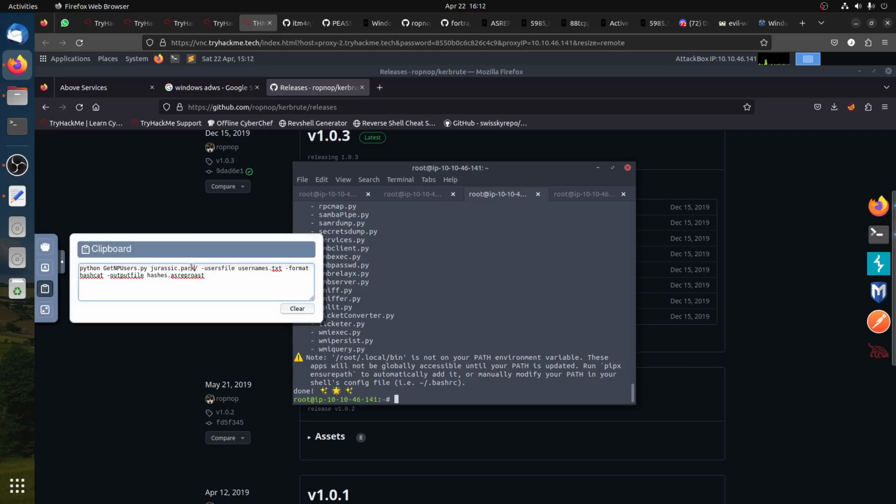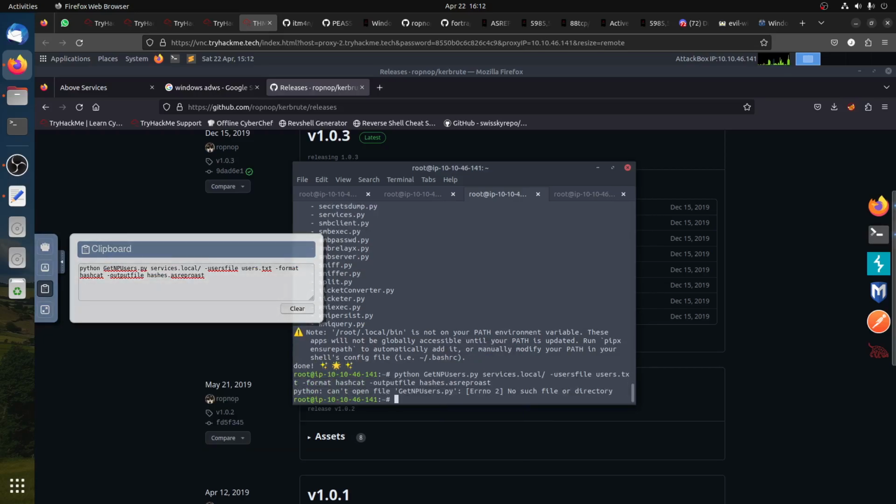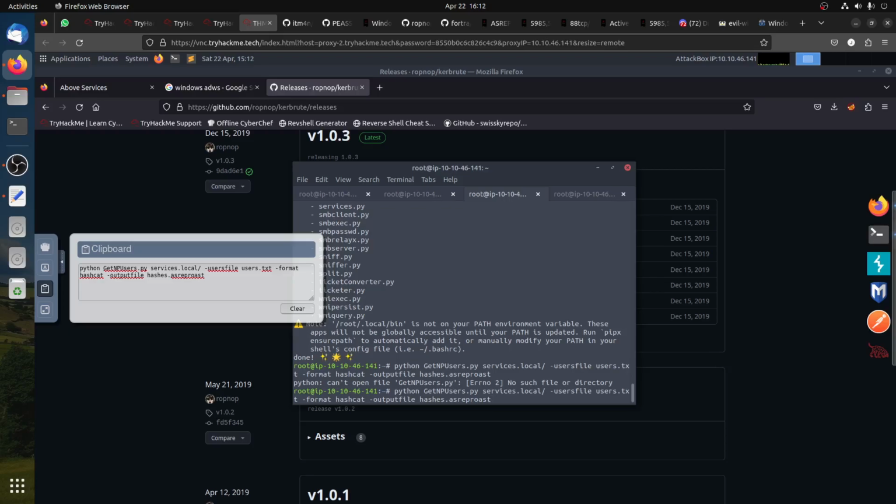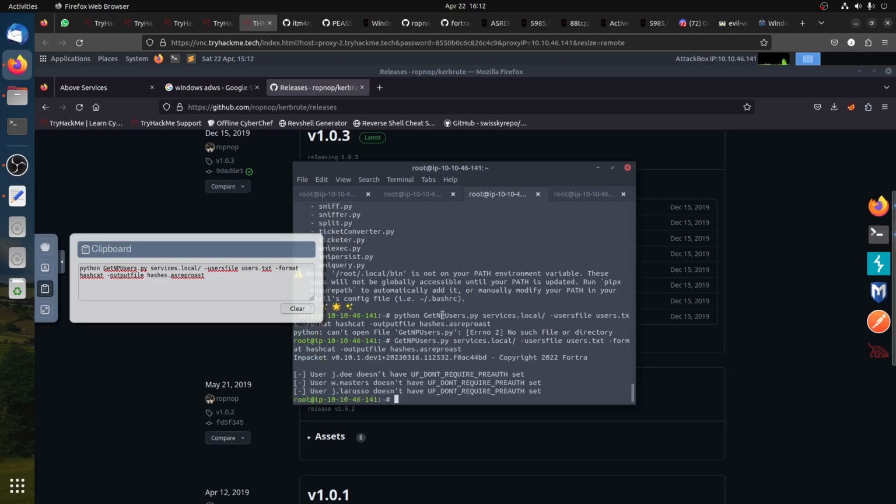Then our domain is services.local, user file is users.txt, format hashcat, output file is that one. So let's do that. Now let's see what we get. Okay, can't open file. I think we don't need that one, because now Impacket is installed. We can run it straight,